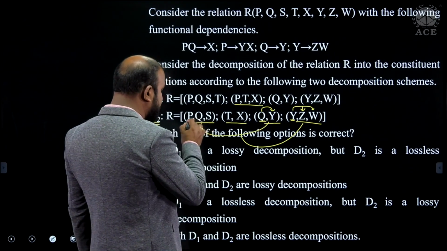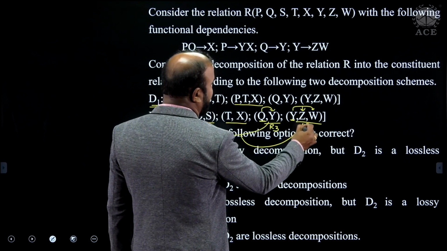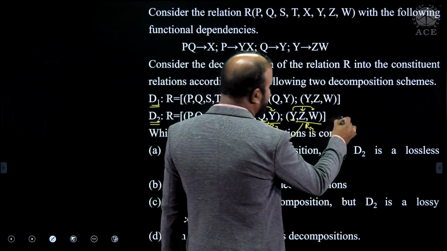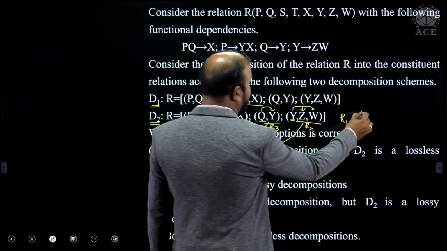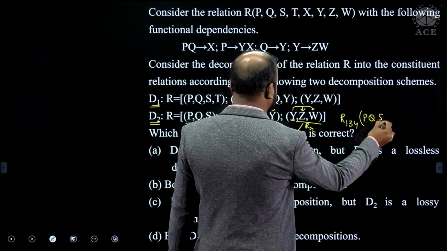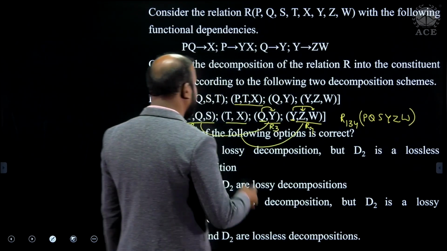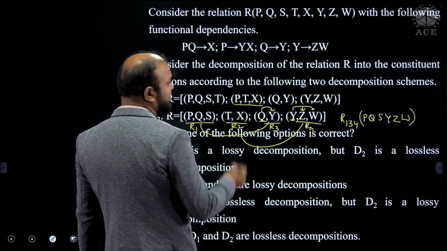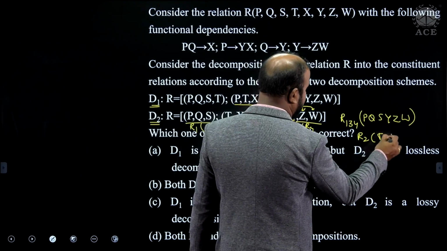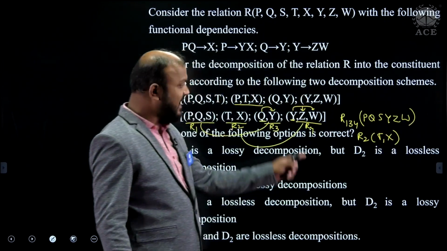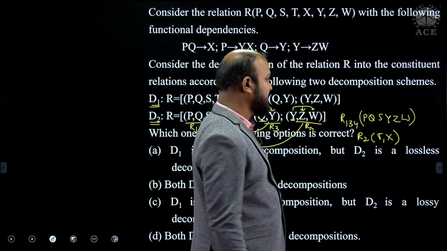But when you join R1, R3 and R4, what are you going to get? R134, the attributes are P, Q, S, Y, Z and W. This one you need to join with R2. What is R2? R2 is T and X. To perform a join between R134 and R2, there should be at least one common attribute.